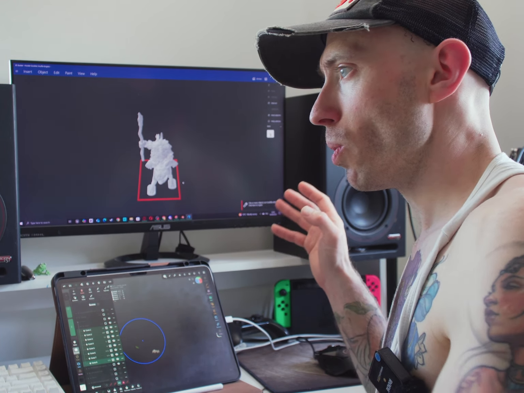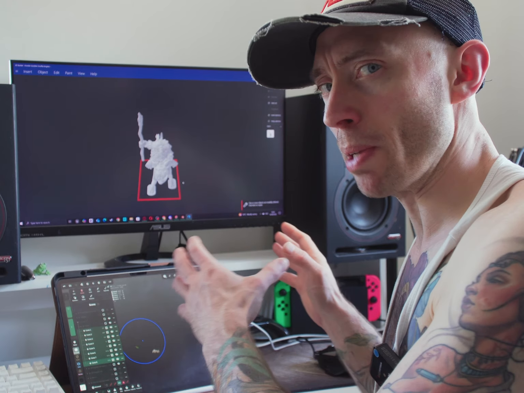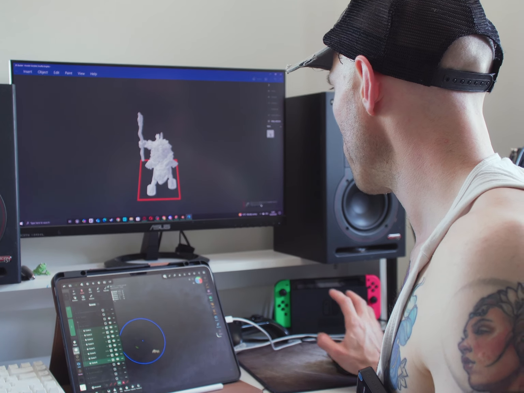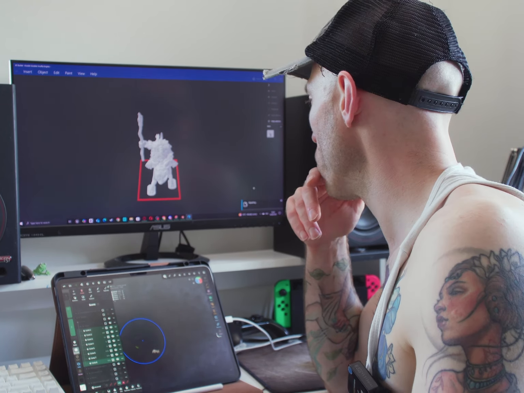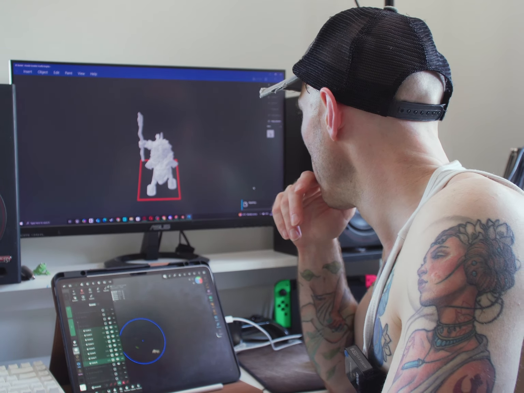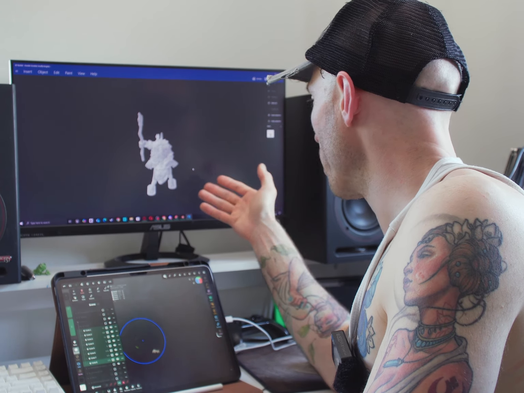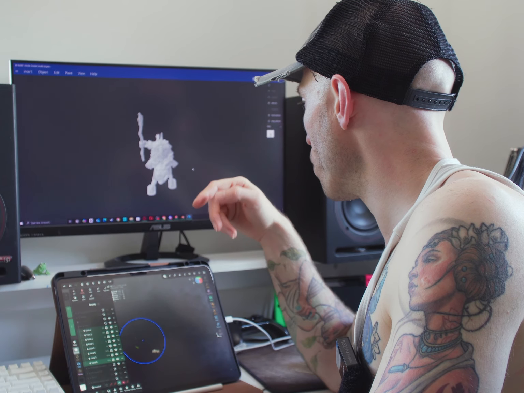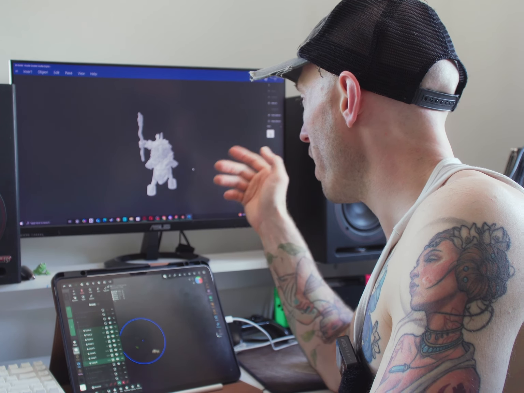Now, this also means the position might be a bit off. If you click this button down here, it will repair the model. This might take a while depending on how many polygons it is. So now the model's finished repairing, you can save this, and when you import it into your slicer, it should